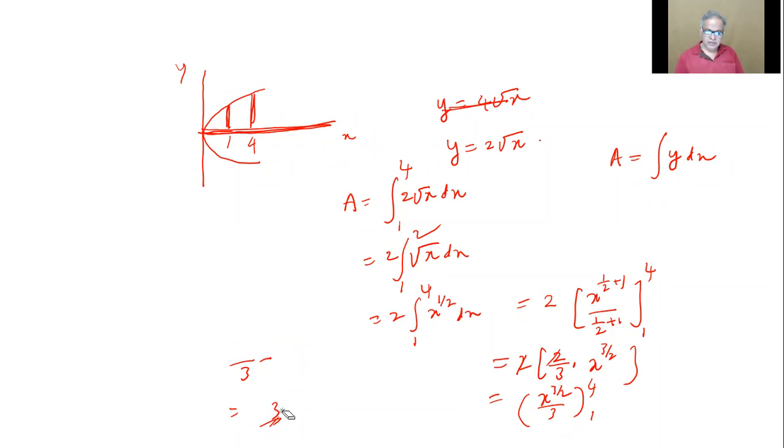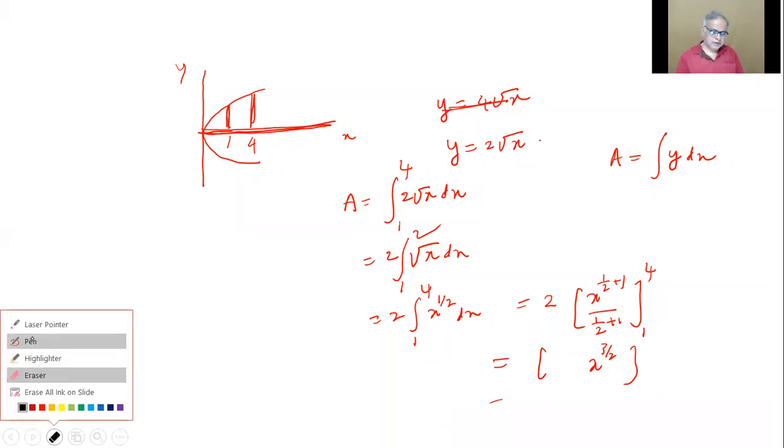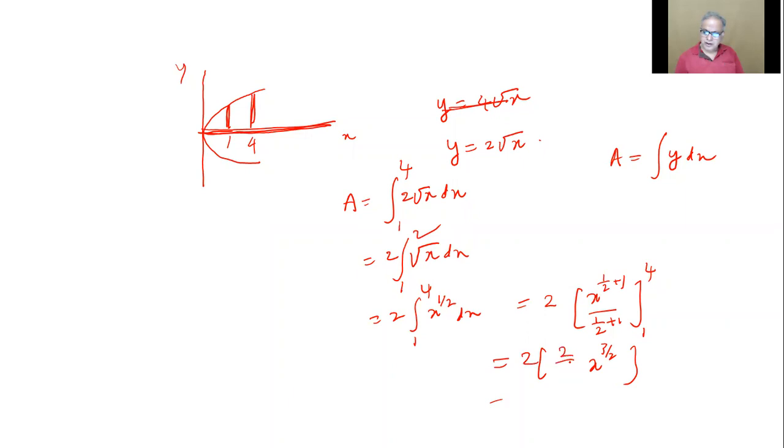You may say, why did I do that? You can do without that. I have no issue. Just a minute. This is 2 into 2 by 3. Now, after putting the limits, you do that. I have no problem. 2 by 3 will come anyway for everything, right? 2 by 3 into this you do. Whatever you got previously, how much is that, Vasist? 7 by 3, yeah? Yes, sir.